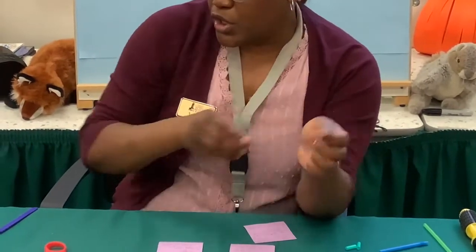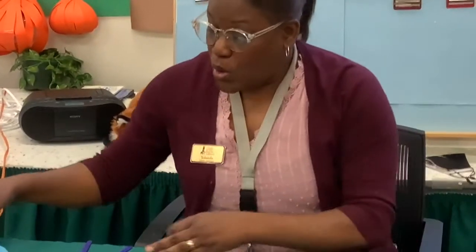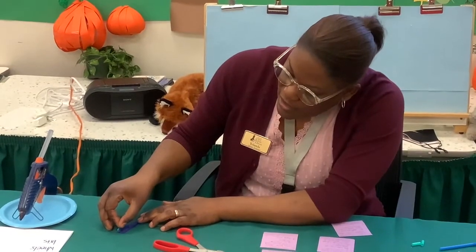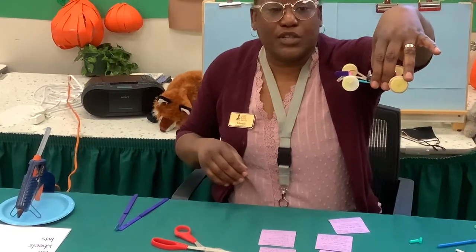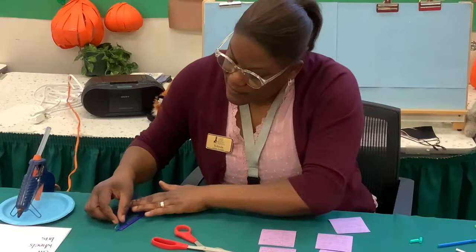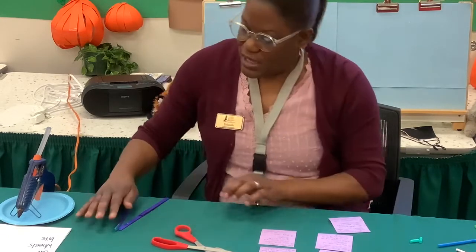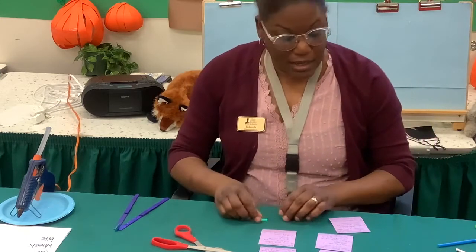And we're gonna glue that down in the front, but we're gonna glue it on its side. That's what holds the rubber band in place. And there you go. And you stick it out. If you'll see on this one, it sticks out a little bit ahead of the wheels. And so it's kind of just in the middle. So we're going to let that dry. Then we're going to go ahead and